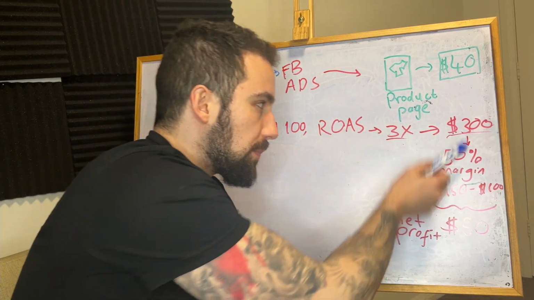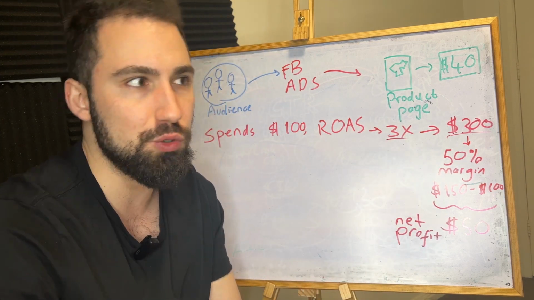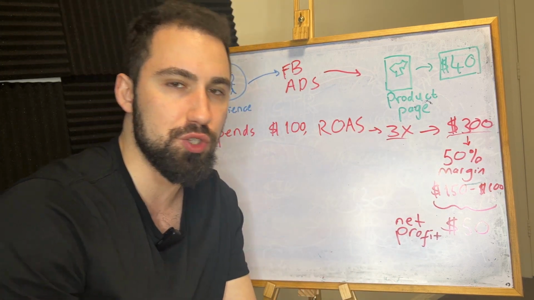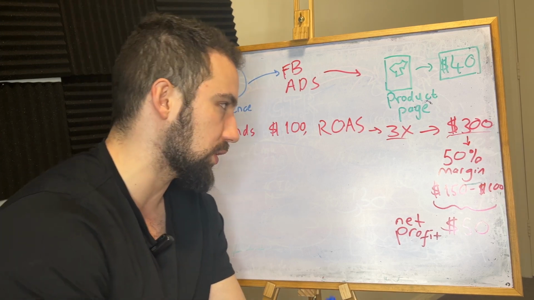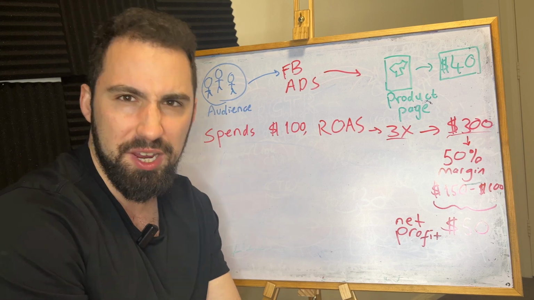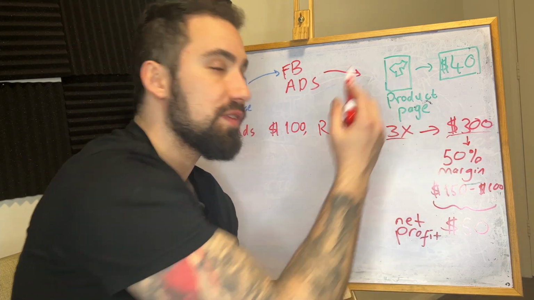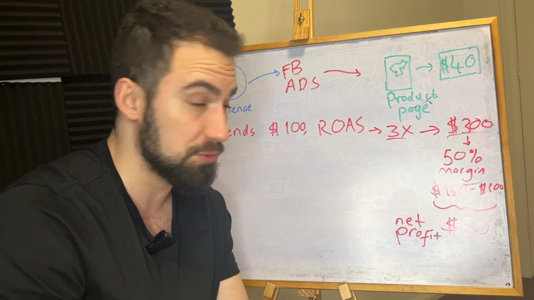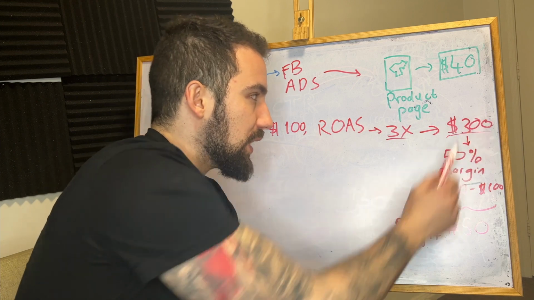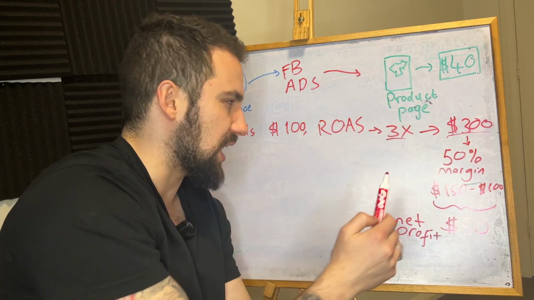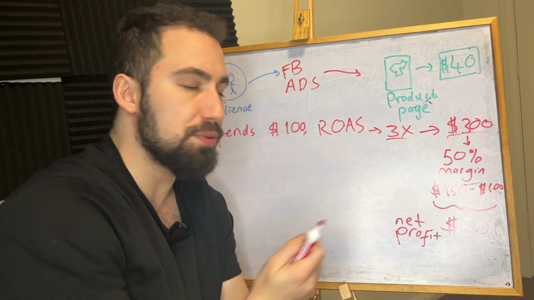So let's say your product margin is $50. You cannot control that. You can control finding different manufacturers and so on, but if you're doing drop shipping, guys, you're not going to be able to control that. You're probably going to have higher margins depending on your product and where it's coming from. Let's say it's 50% margin. Some products have 50% margins, which means you are actually making money out of $300 worth of t-shirt sales. Half of it, $150, is profit, right?